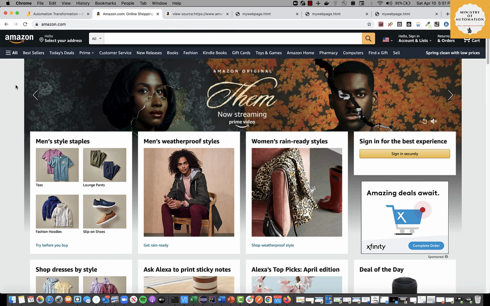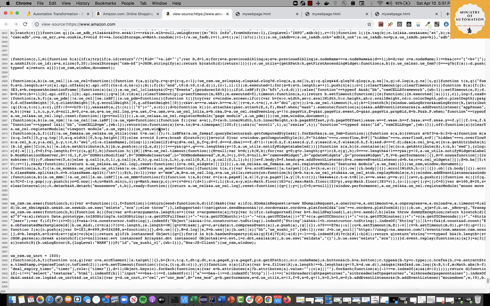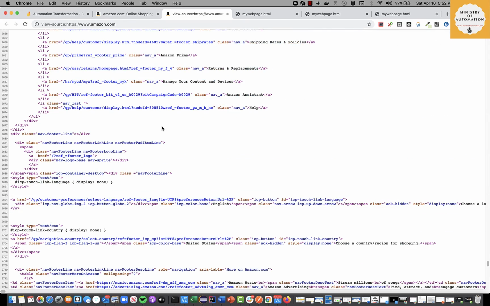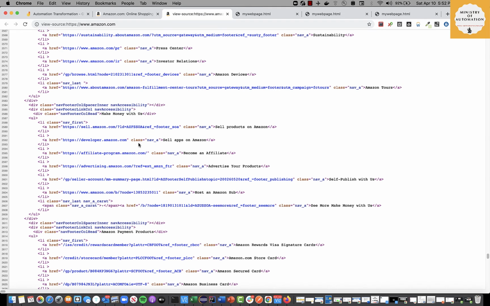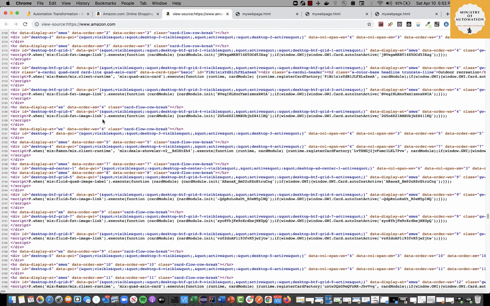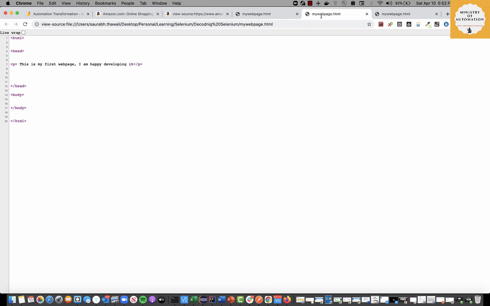Now if you go to amazon.com and right click and do page source, you can relate how this page source, which looks so complex, is coming about, right? The HTML developers, the front-end developers who developed this page have actually written this code for you, so that when the browser receives this code from a web server, it converts that code and displays it to you, like it has done in this case, right? And when you want to see the underlying code which is responsible for displaying this data, we just right click, view page source, and you can see the code because of which you are able to see the content, correct? So this is one of the simplest forms of a web page.